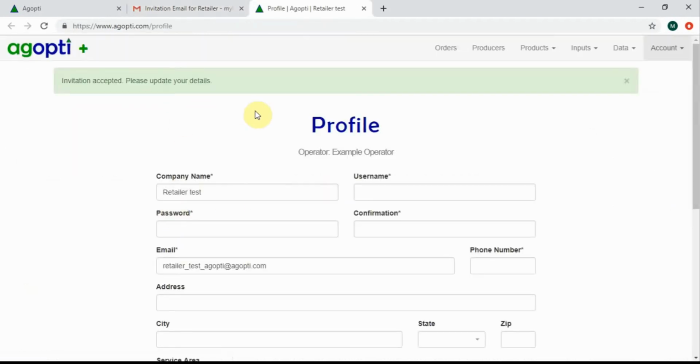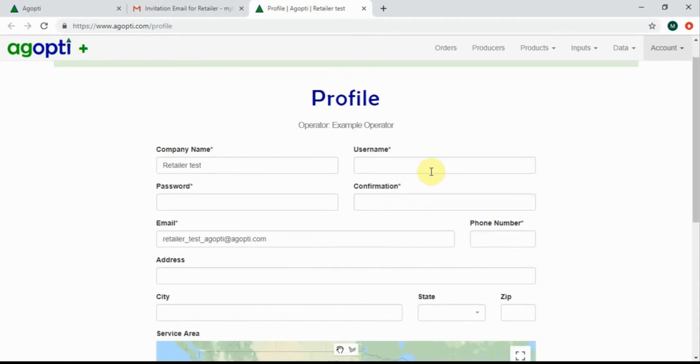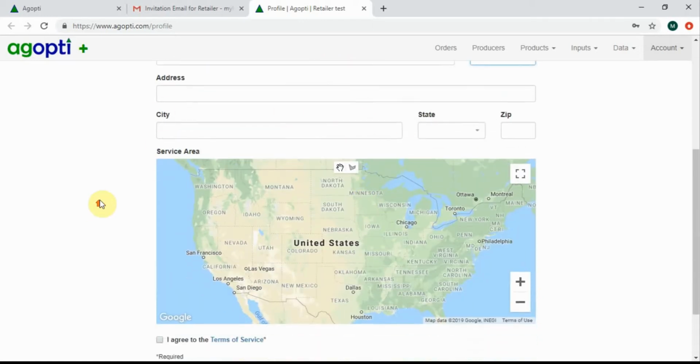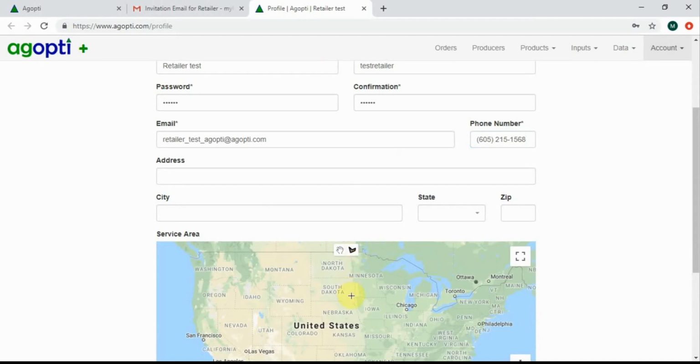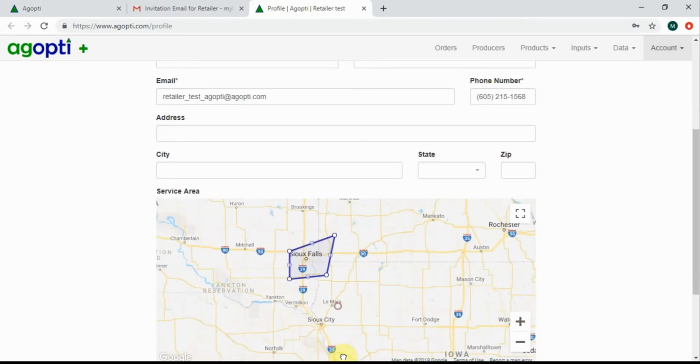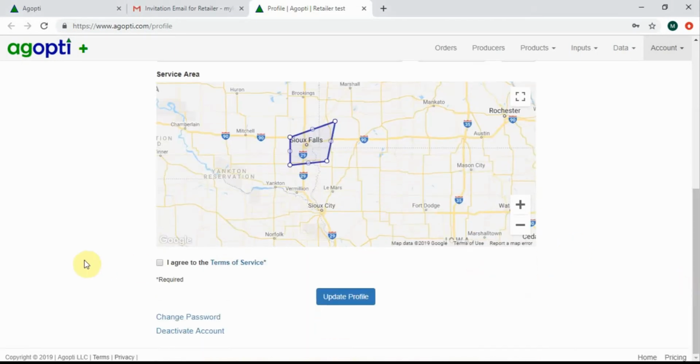So if you click on that, it will sign you in, it will accept it. You can give yourself a username, which I'll just do test retailer, and give yourself a password, and then confirm your password. And then you also have to put in your phone number. And then there's a few other optional fields, including a service area. So if you generally serve clients in a certain area, you can go ahead and put that in there. If not, it's totally optional, but for now I'll put that in there, and then you have to agree to